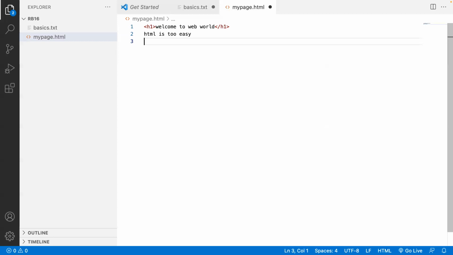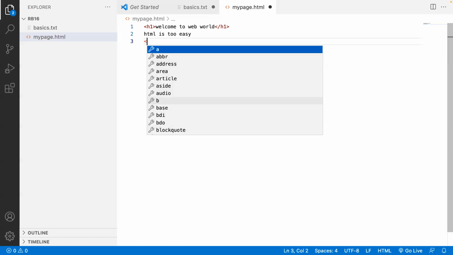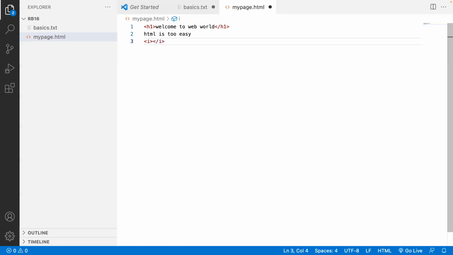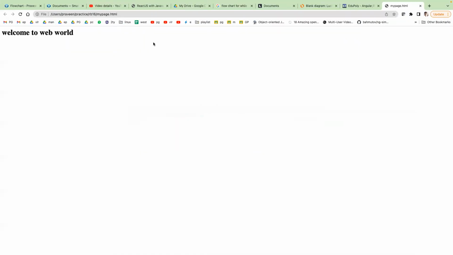If it is an element, then what are you supposed to do? You have to open the tag and close the tag. In between, you have to write this content. So now it looks like this. Is it okay?